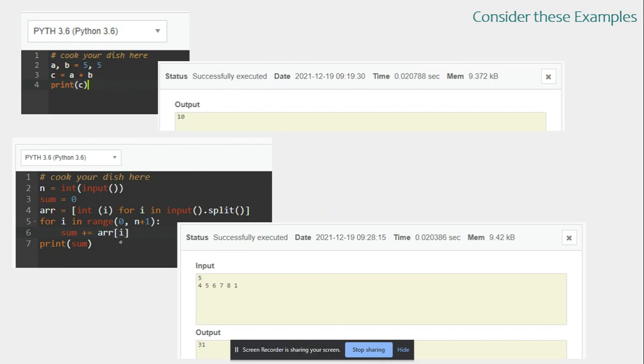In the other, I'm taking some input in the array using a for loop, and again using another for loop for doing the sum of that array's elements. Again, very simple problems. If we have to calculate the time complexity of each problem, this one will be big O of 1, very easy, and this one will be big O of n, very easy. But what is the space complexity of this particular program?